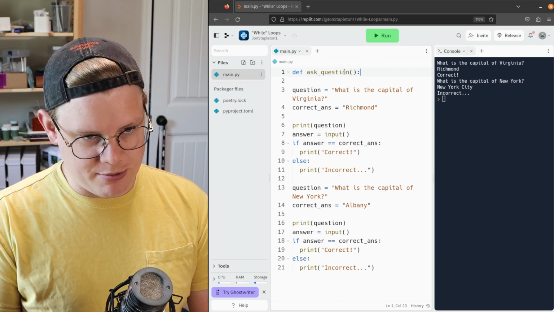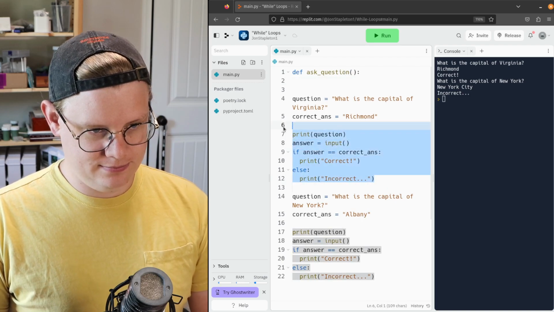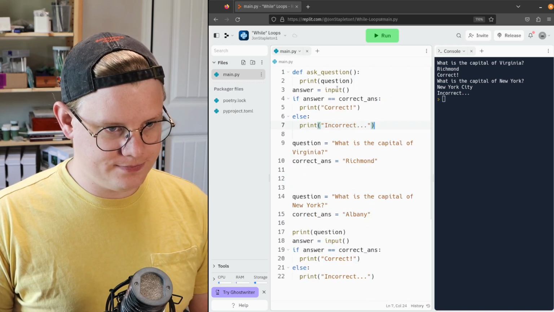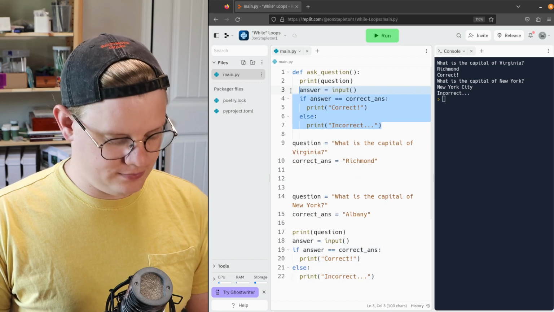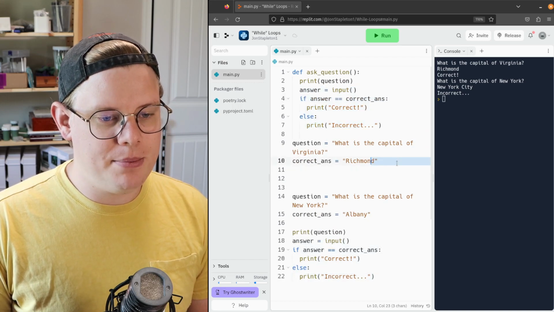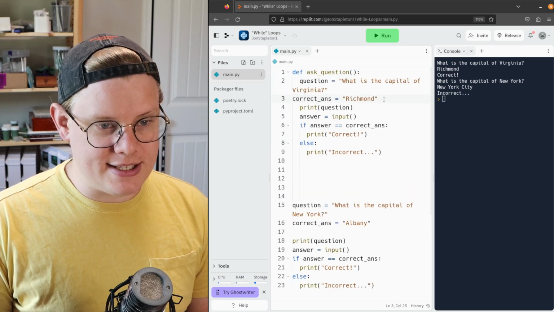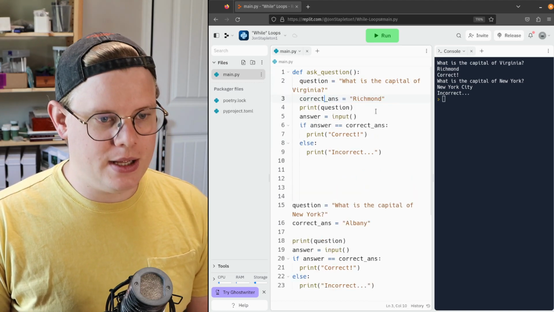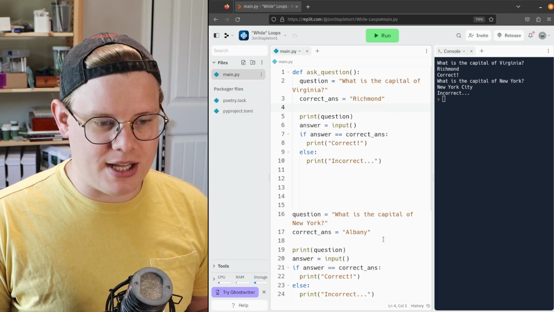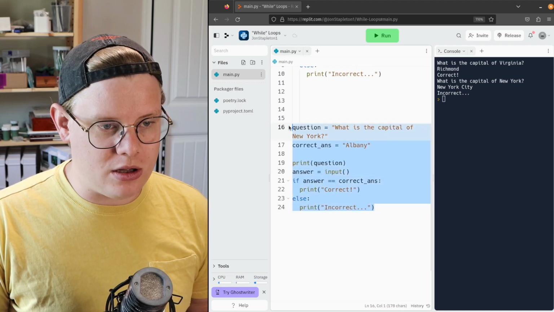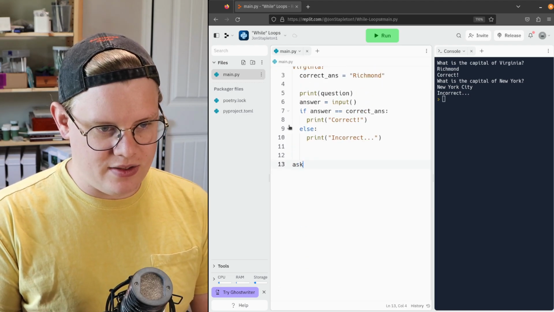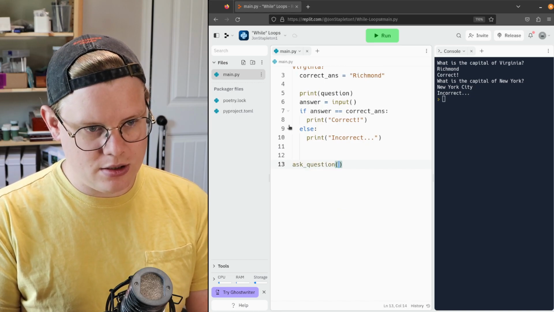Make a function for my repeated code. If I put the variable assignment inside the function, well, that's problematic because every time I call the ask question function,